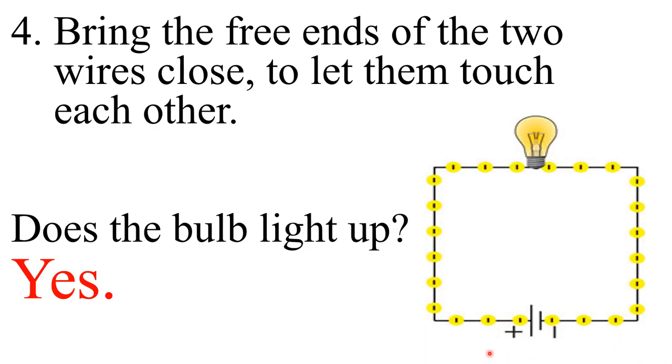Let's check again. With the help of the circuit diagram, we can see that the cell and bulb are connected with the help of connecting wires, and the two metallic clips are also joined, resulting in the completion of a circuit. And now the charge can flow through the connecting wires, and we all can observe that this results in glowing of the bulb.